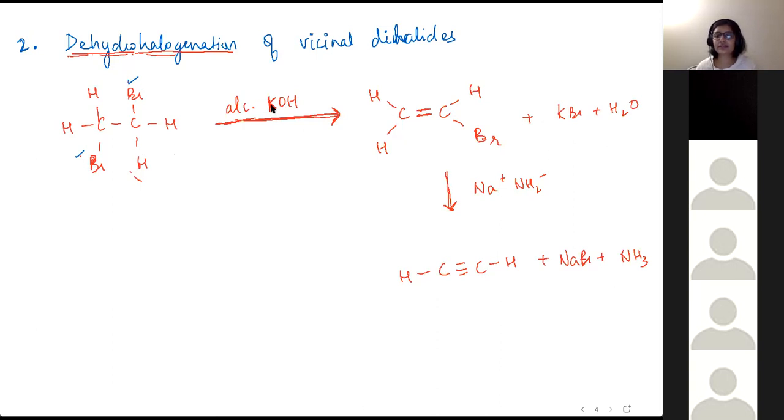And you can see that the reagent to take away the bromine has gotten more and more basic with each step. In the first step, you've got K plus taking away bromine. In the second step, you've got Na and NH2 minus. So the proton acceptor, the base that you took, OH minus versus NH2 minus. NH2 minus is even more basic. It can accept H plus more easily as compared to OH minus. You can see that the basicity has increased.